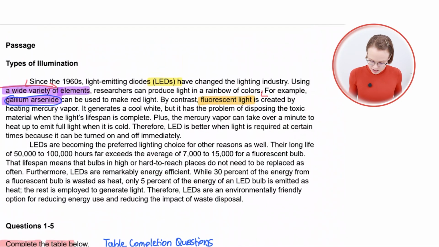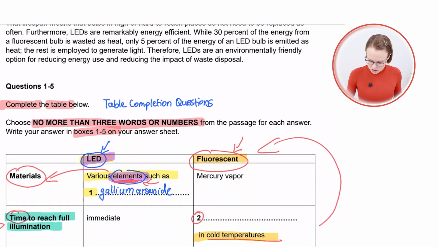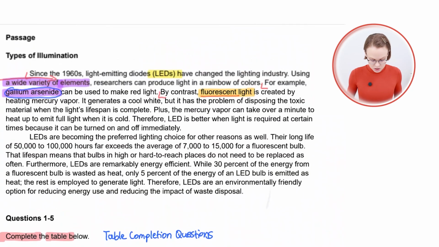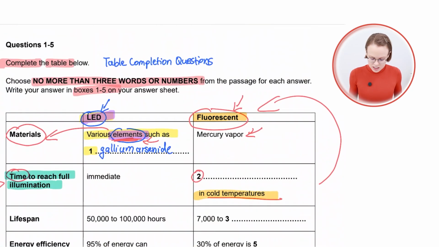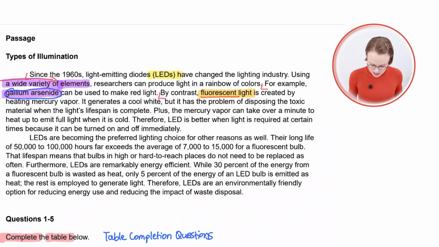Let's have a look. Here the passage talked about fluorescent light. So let's read from here. By contrast, fluorescent light is created by heating mercury vapor. That's what it said here, right? But we're not interested in that. We are interested in the time to reach full illumination. So what does it say? It generates a cool white, but it has the problem of disposing the toxic material when the light's lifespan is complete. Plus, the mercury vapor can take over a minute to heat up to emit full light when it is